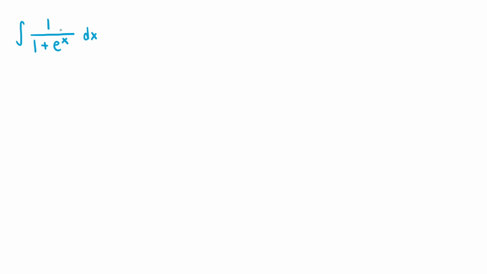So how would we go about doing the integral of 1 over 1 plus e to the x? We could try substituting u equals e to the x right away, which means du is equal to e to the x dx, and if we divide e to the x on both sides, we get dx equals 1 over e to the x du, and since u equals e to the x, this is just equal to 1 over